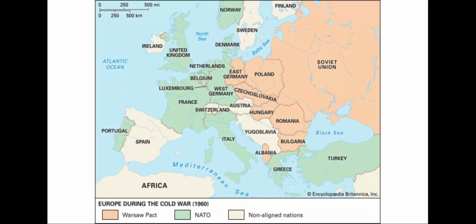So here, by 1960, Europe is divided. We've got NATO to the west, mostly, and the Warsaw Pact in the east. We're going to start talking about non-aligned nations. So all those other nations in that kind of beigey color there, they are not choosing a side, which may end up working out well for them later as we get deeper and deeper into the Cold War of people just refusing to choose a side.